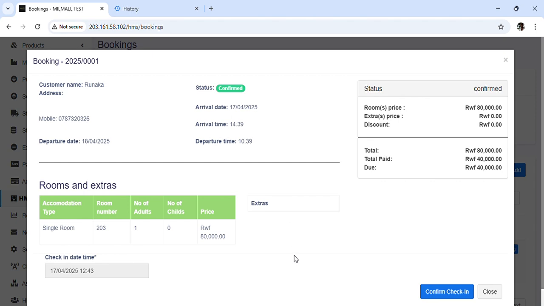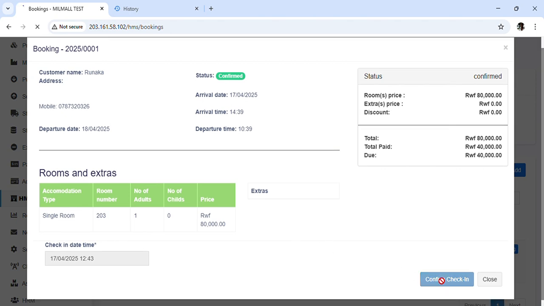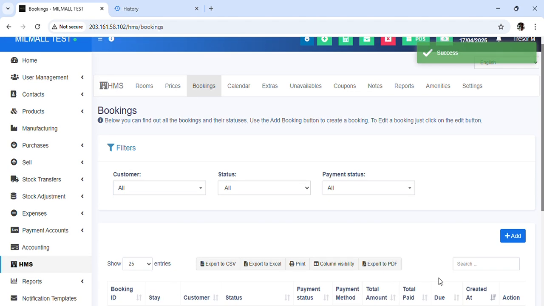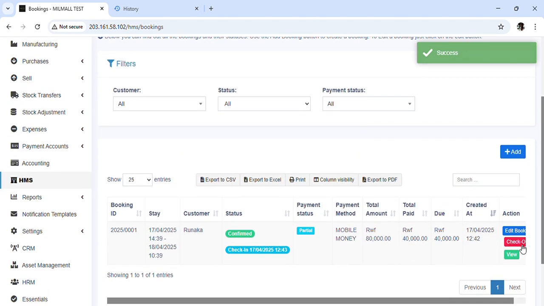Once everything is confirmed, you can just confirm the check-in. And once they leave, you have the ability to come and check them out and have them settle the remaining bill. And this is how you manage your hotel booking or apartment booking using HMS